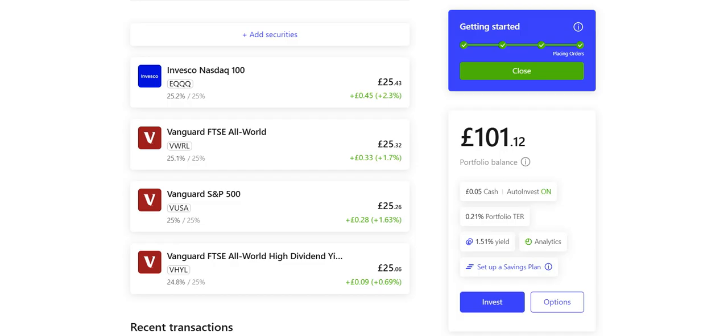Right. The next one. Let's go for the Nasdaq. So the Nasdaq is tech. And as you can see, the return on my S&P 500 just in a week is 1.63, but the Nasdaq is 2.3%. Then I think on average, now don't quote me on this, but say the S&P 500 returns 10%, the Nasdaq will probably do 20%, it's about double.